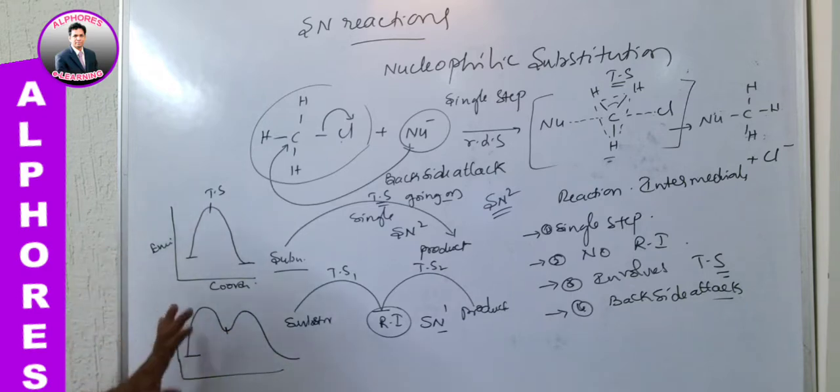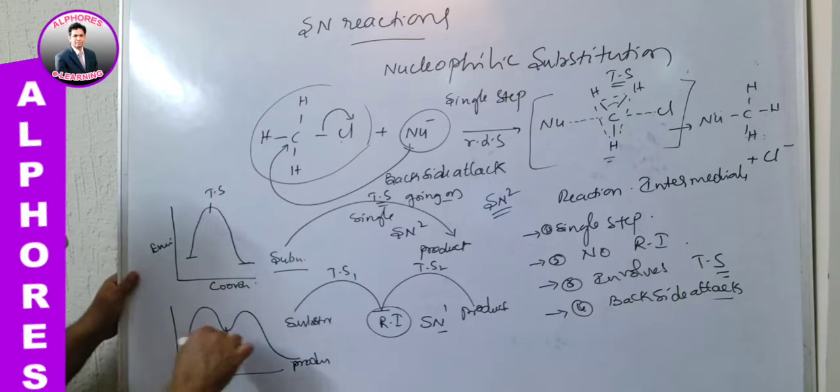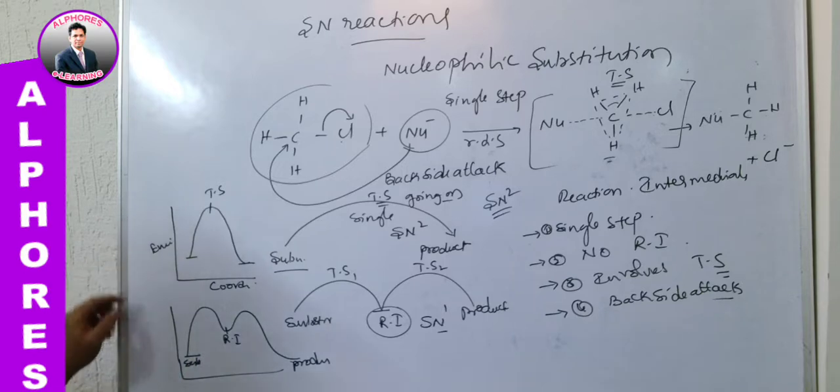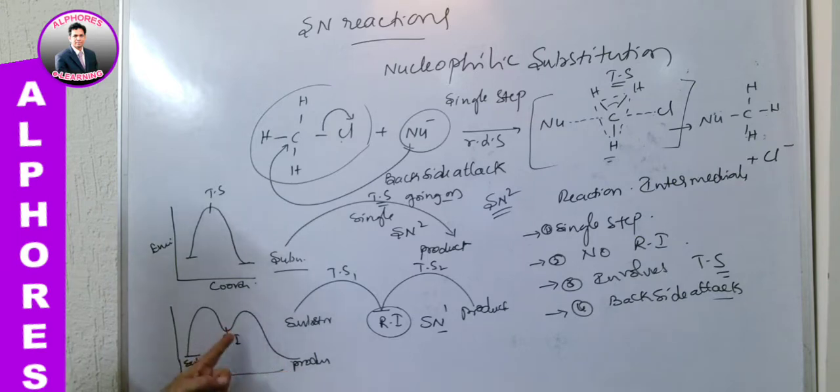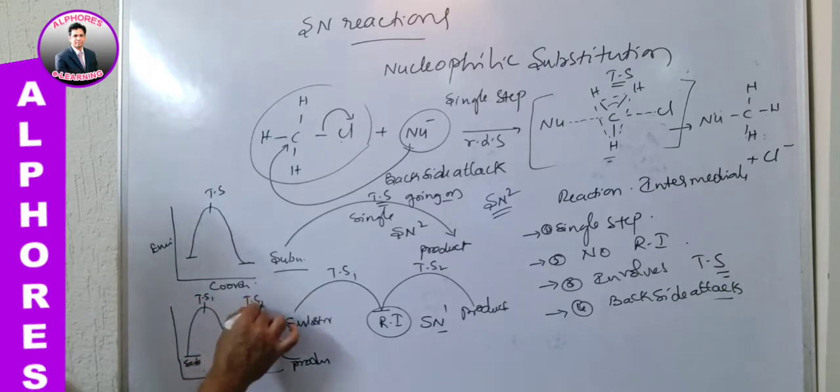Are you following? Are you observing the difference? Here the final product is this, and the substrate is the reactant. Before reaching the product, there is a reaction intermediate. If you observe, the reaction intermediate energy is more than the substrate and the product, so remember that is why it is highly unstable. Immediately it will convert to product. Here this is transition state 1 and this is transition state 2. Many questions are asked related to this.